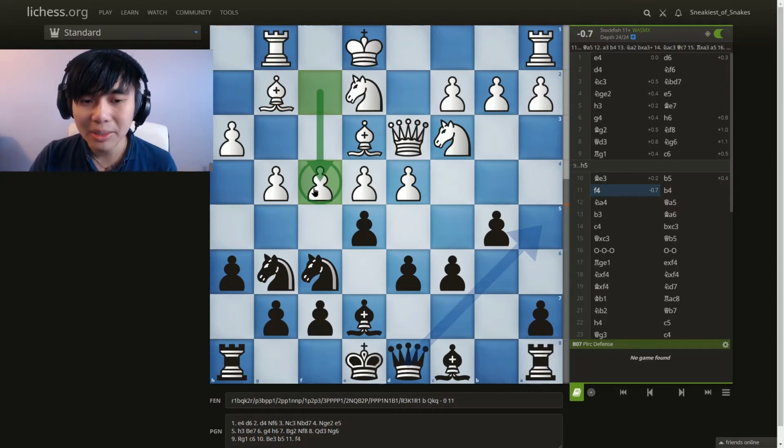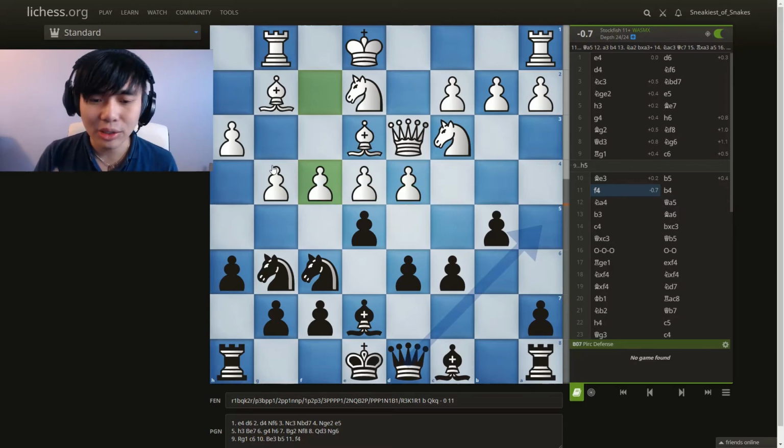And I know a lot of you guys might be getting a little bit spooked over here, right? That these pawns are very spooky. He's controlling a lot of center. So of course, white has to be better in this position.